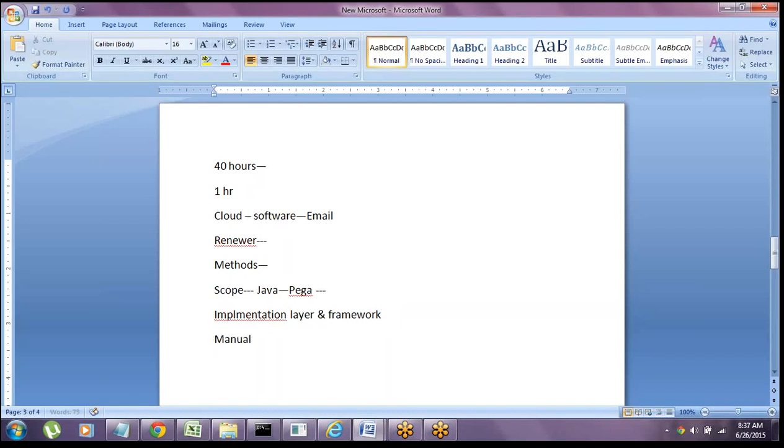You have to manually design everything, which means you will be designing your own framework in the personal edition. You will be working on the implementation and framework layer, but in real time you can directly choose any implementation layer or framework layer and work. I'll tell you all the differences between the layers. You'll have organization, division, some things will be there. I'll tell you later.